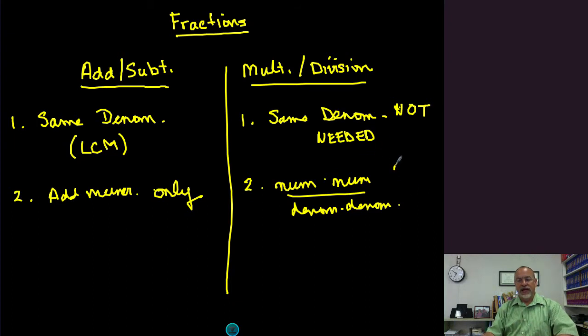Now, when you're dividing, you don't do anything. Nothing. You don't find common denominators, and you don't multiply, and you don't divide, you don't do anything. Because to divide, there's actually a step in there that you have to remember how to do, where we turn it into a multiplication problem. Hopefully you remember multiply by the reciprocal, but we'll review that. So this property or rule only applies when you're multiplying.